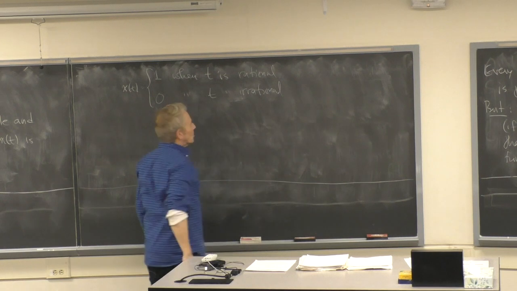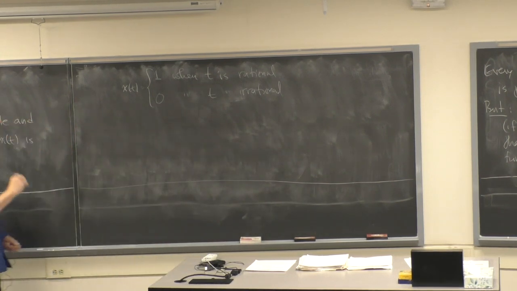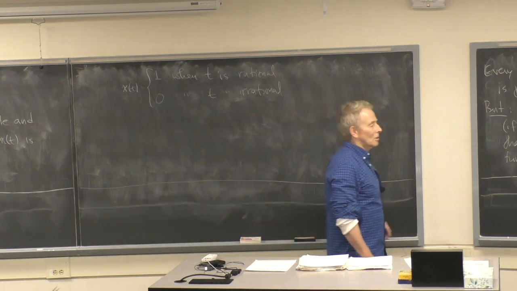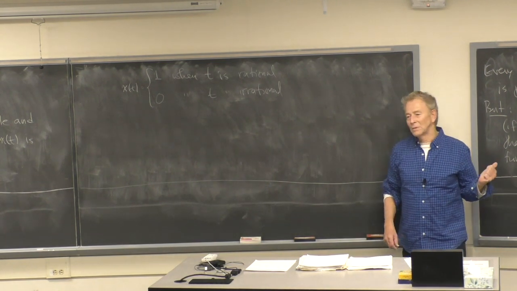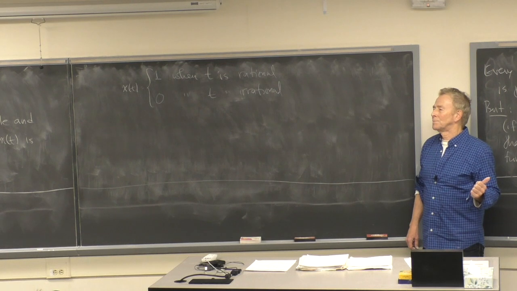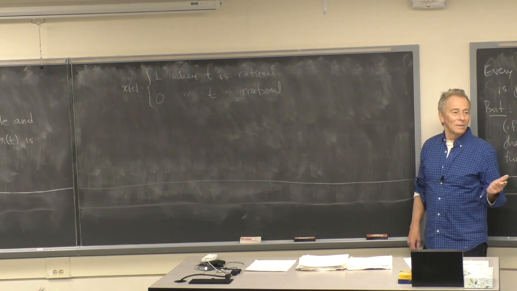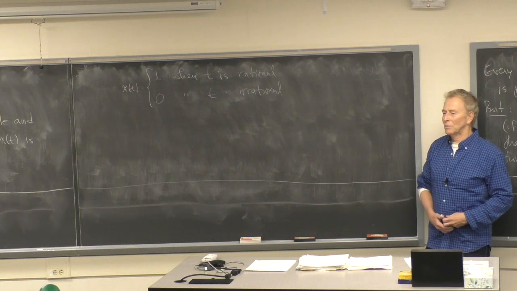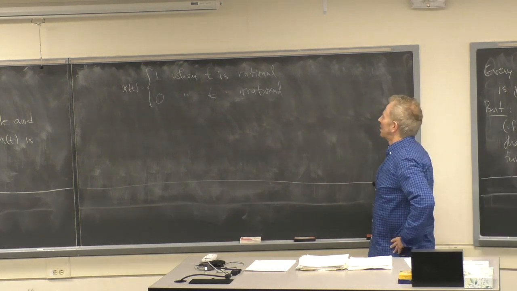And I'm assuming everybody knows what rational and irrational mean. A rational number is just a fraction, a ratio of integers. An irrational number is anything that you can't write as a ratio of integers. Examples of irrational numbers that occur in daily life are the square root of 2, okay, pi, e, those are even more irrational than the square root of 2. They're what we call transcendental numbers. But anyway,